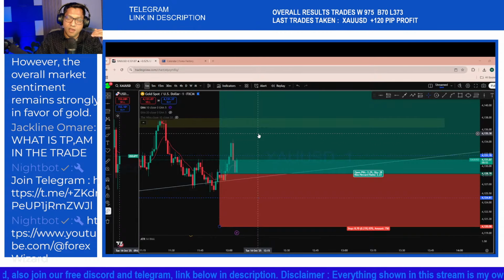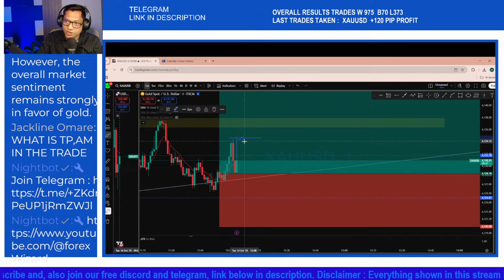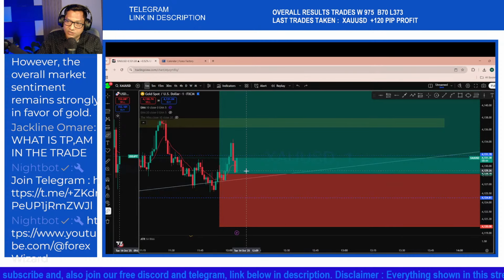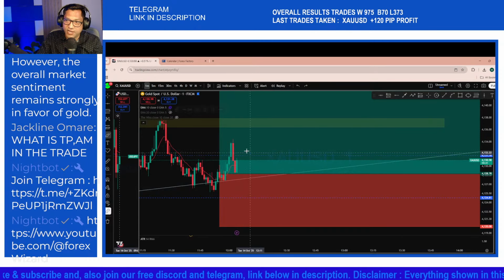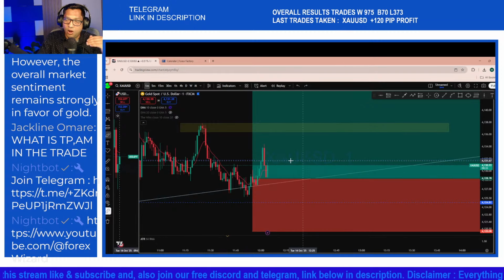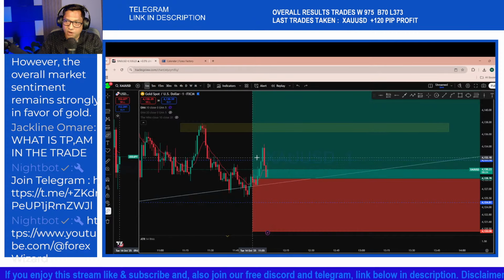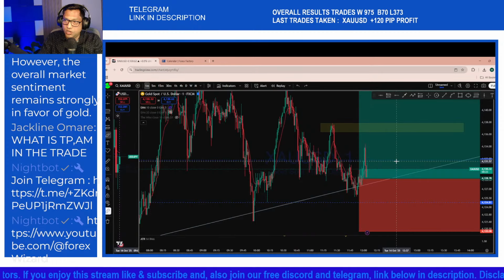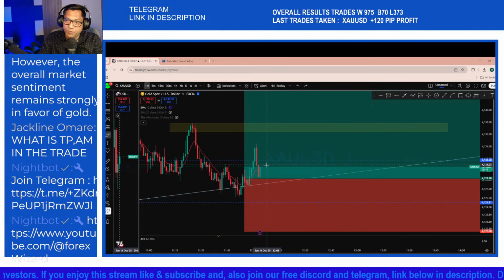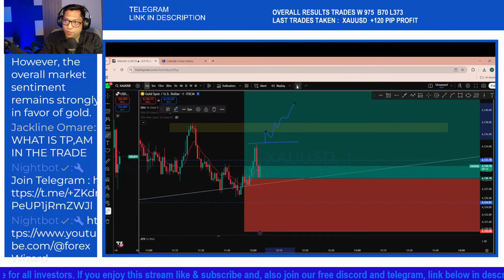Now, as soon as the market manages to break that high, creating a new higher high, we will simply be moving the stop loss here. I'll be taking 80% of the profit and moving the stop loss here for this move, as the market may move a lot back to the upside. You're running in profit, keep running in profit. Let's wait for the market to potentially reject back again to the direction of the trend. If the price hits that level or breaks that high, the possibility for a bigger move is very, very high.